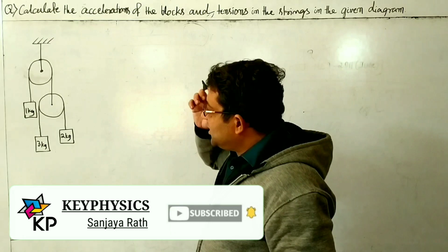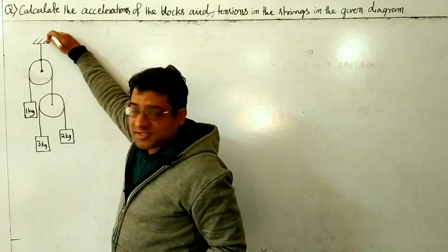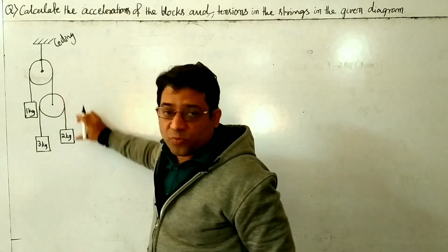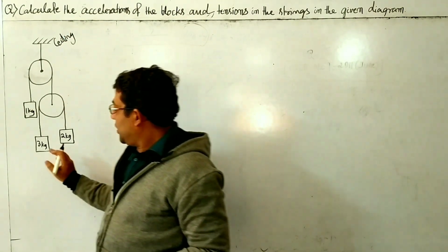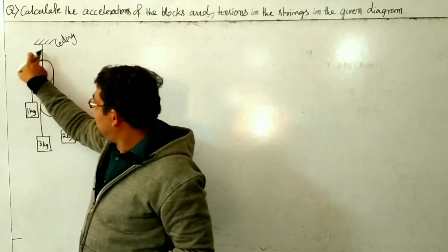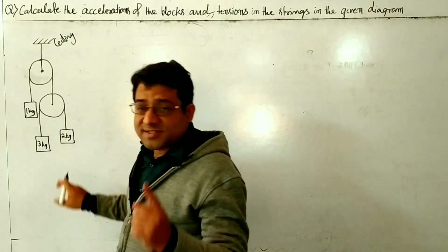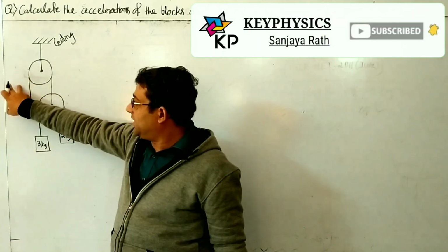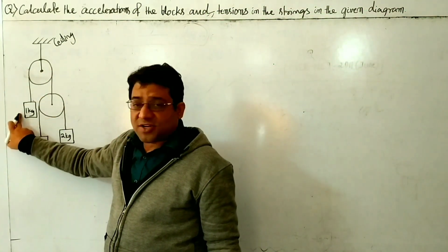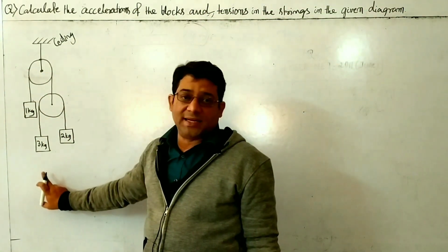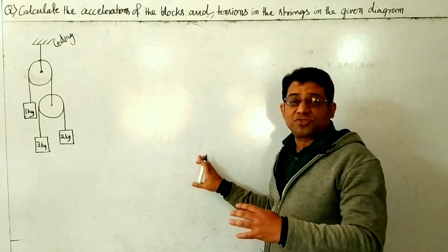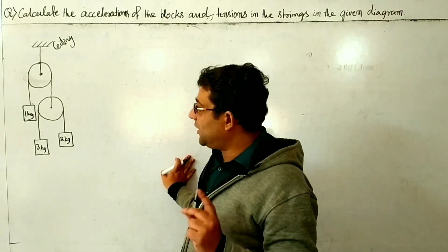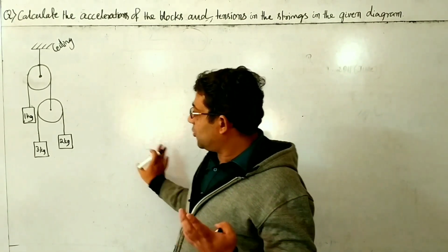Now see, in this diagram, this pulley is fixed to the ceiling and this pulley is movable, right? Now if again you are saying that from here to here there is one string and from here to here there is another string, now each string is having different tensions. If you take T1, T2 and accelerations as A1, A2, A3 like that, a lot of equations will come and we have to solve a lot. We have to do a lot of mathematics to get rid of it. So for that I am telling you a trick. You may call it a trick or shortcut or whatever it is.